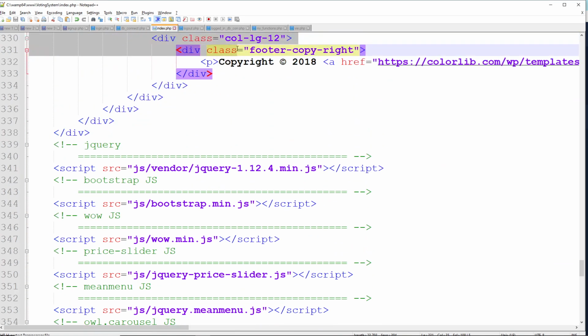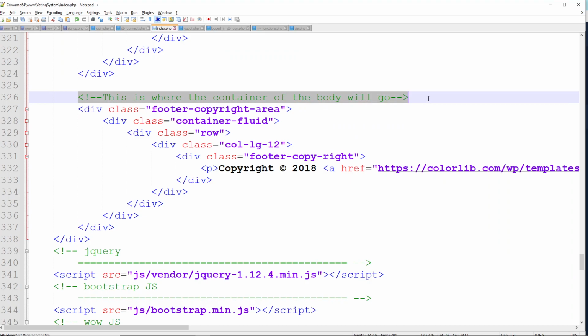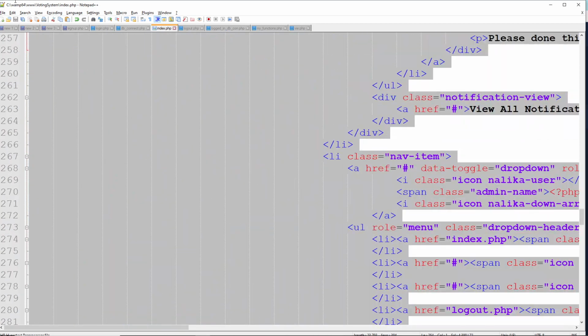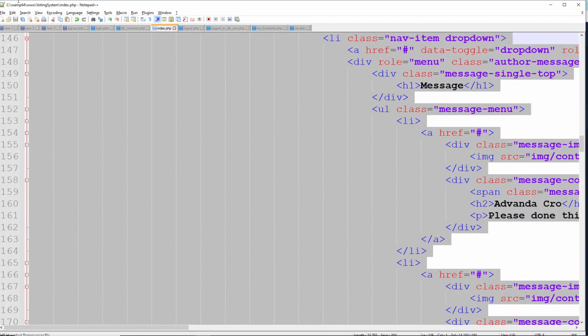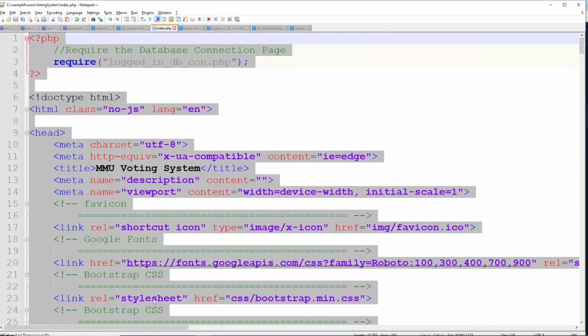So that is really what we were looking for, this particular area, because then we can select from here all the way up and cut that and save it as header, all the way up to there. Then we save it as a header. Okay, before I do that,